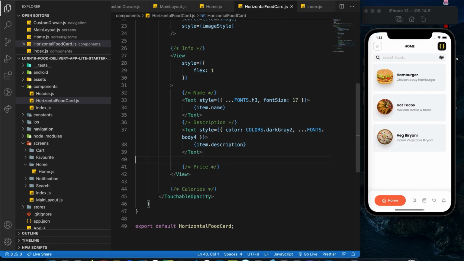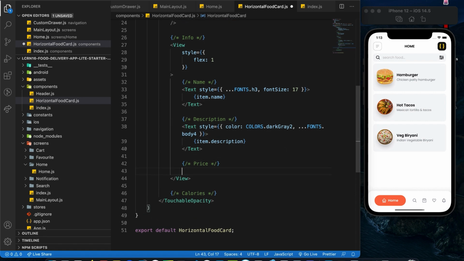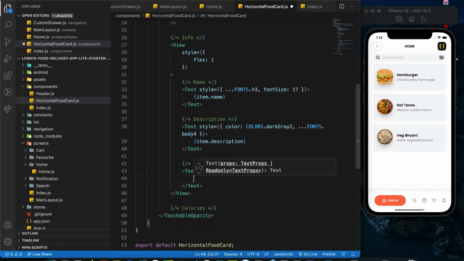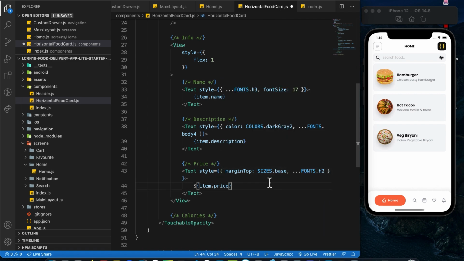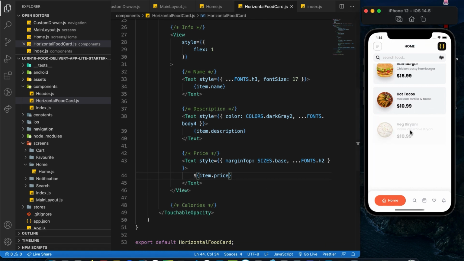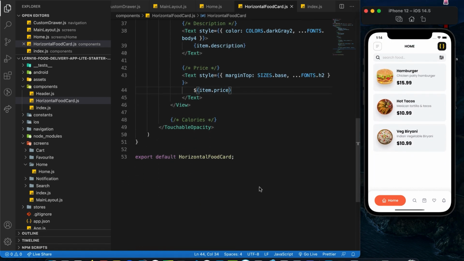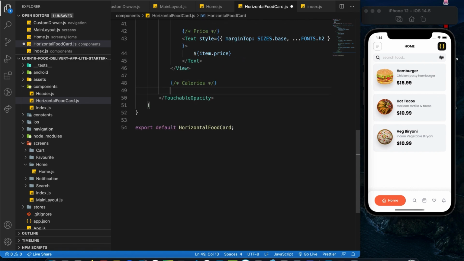Alright, and lastly will be the price. Over here, same thing, it's going to be a text component, and for this it's going to be a $ sign and followed by the item.price. Give it a bit of styling as well. Margin top is going to be sizes.base, and the fonts will be H2. Alright, save it. Perfect. Okay, and the last section over here will be the calorie section, and for this we